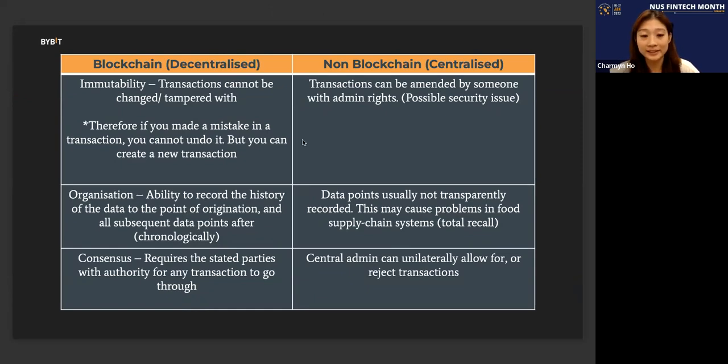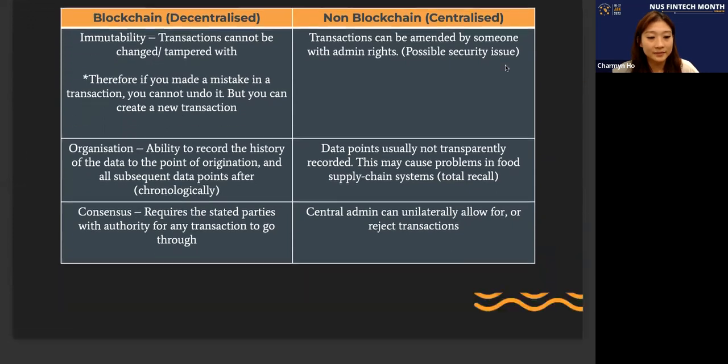But let's say we apply the blockchain concept to the scenario, then NTUC will be able to efficiently pinpoint all the items that came into contact with the cabbage and track where the cabbage has touched, what the cabbage has touched in chronological order as well. So you can see it's more efficient and less waste of resources.